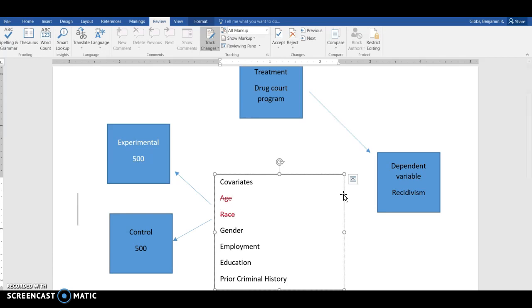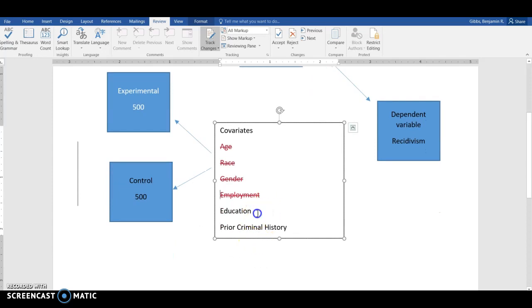Because the two groups are equal, none of these essentially matter, or they're not going to be influential, or they would be influential, but not within our experiment because the two groups are equal. So it doesn't necessarily matter what these covariates are, because the fact that it's equal between these two groups cancels